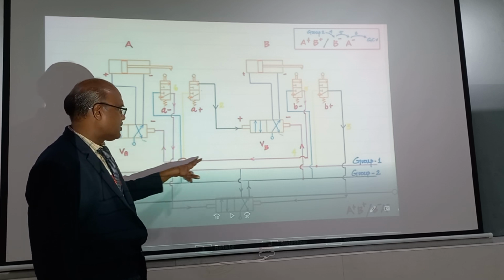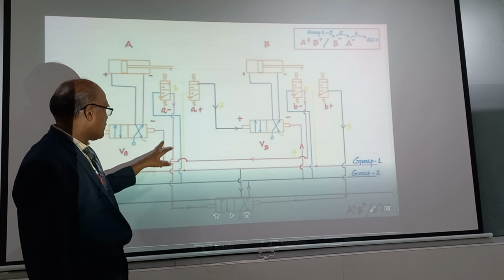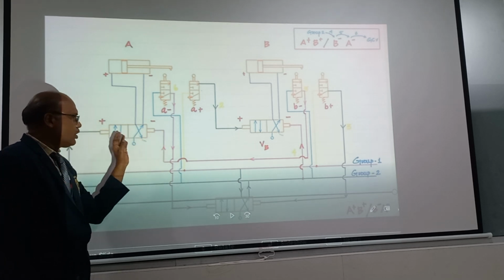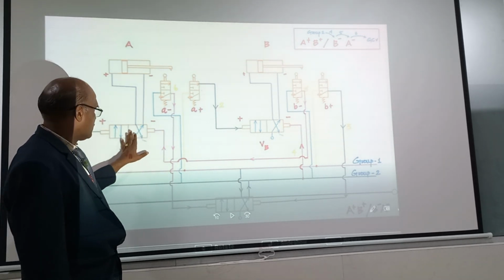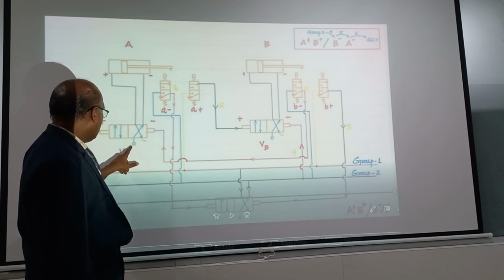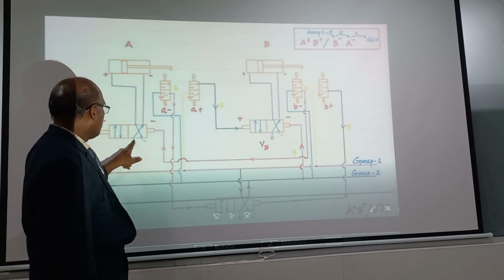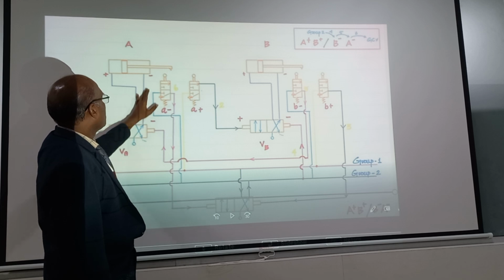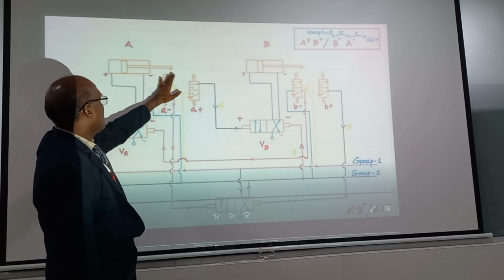So for all the lines you can see, you have to draw like this. Then it will go to A minus. Now it will go to original position. It will come to this position. Now high pressure fluid will move to here, or another cylinder, and this will be retracted